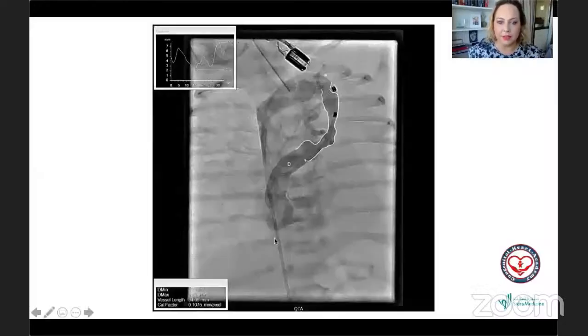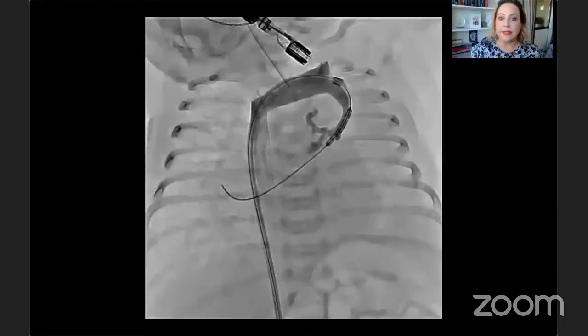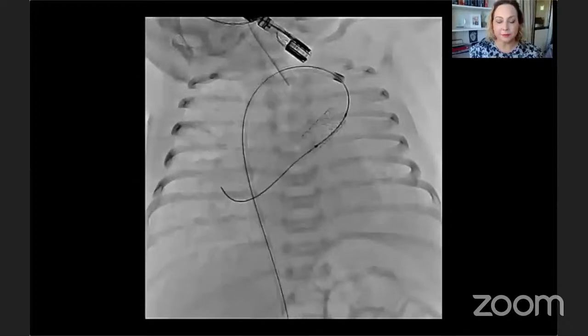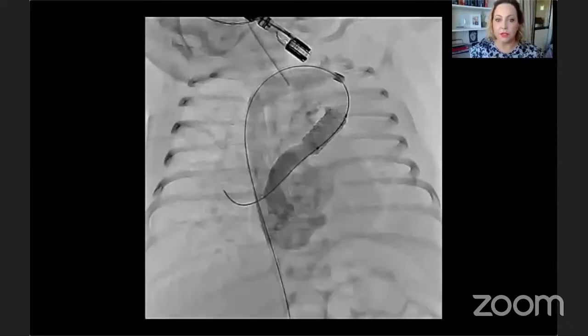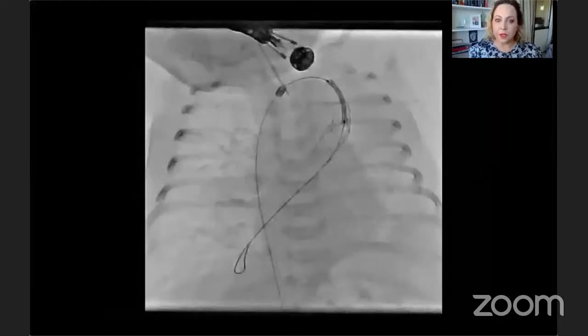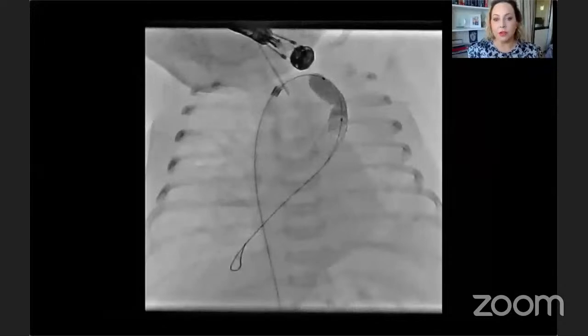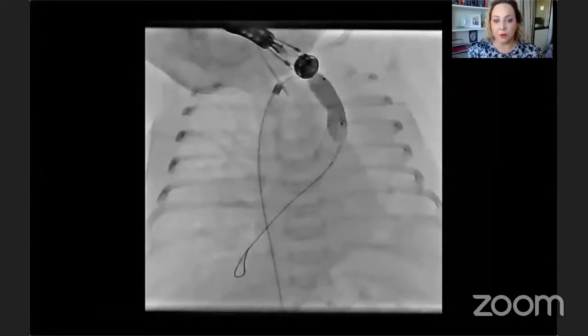So here the catheter comes from the inferior vena cava, and then goes through the superior vena cava to the innominate vein, and then goes down the vertical vein. So we could see this obstruction. It was decided to solve this obstruction by placing 3 stents, and the result was very good. So they were able to correct this obstruction in an emergency fashion for this patient, and the patient developed very well.